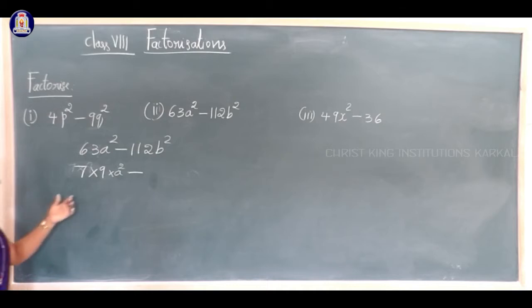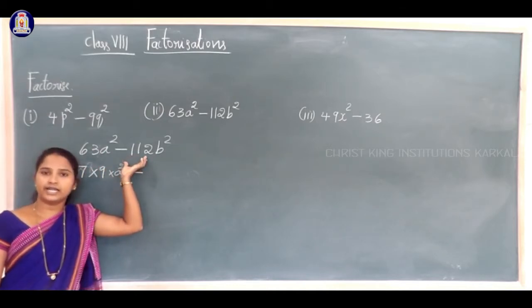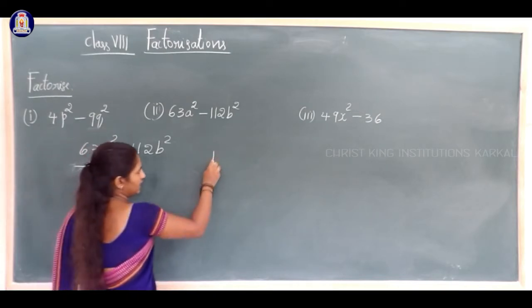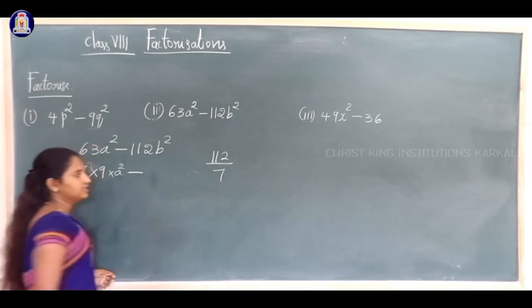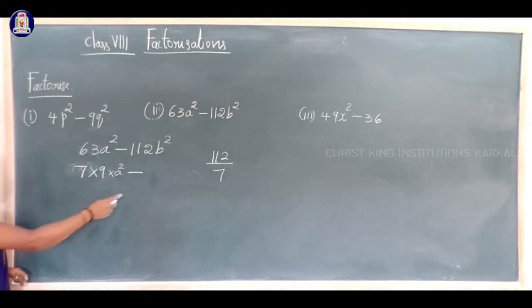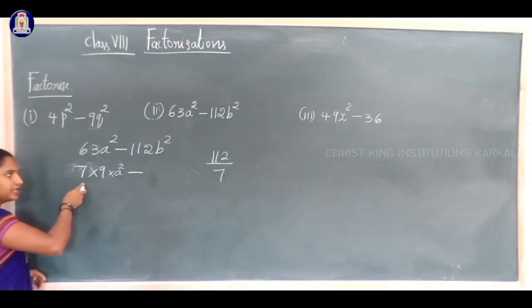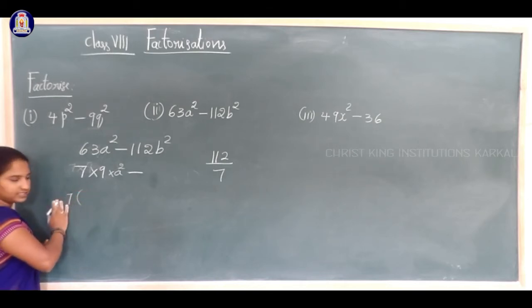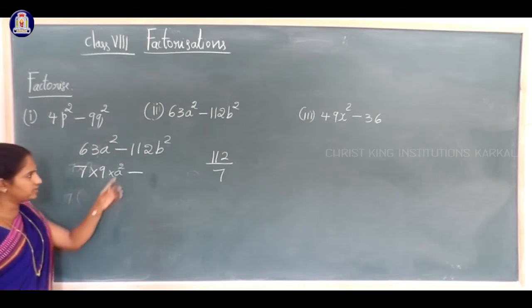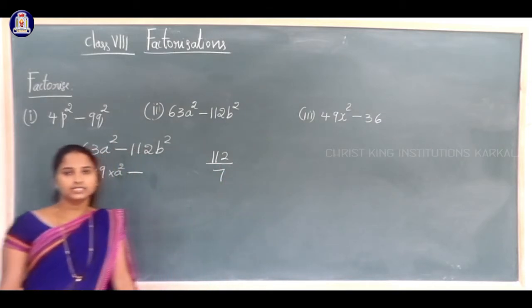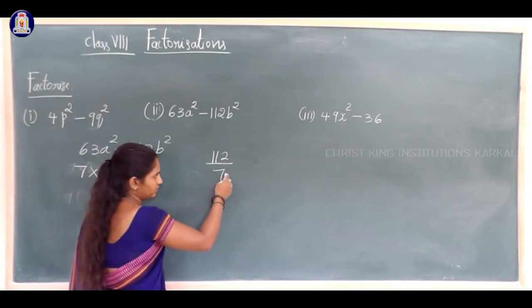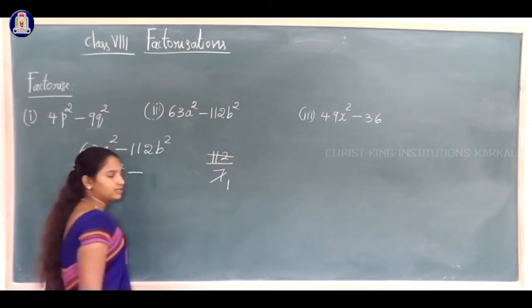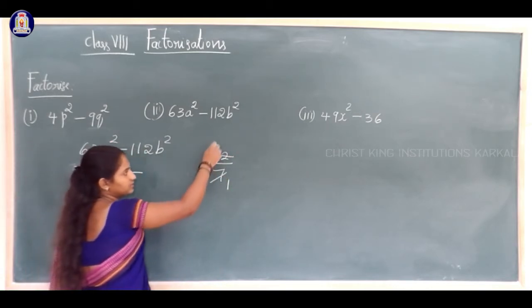Now the question is whether 7 divides 112 or 9 divides 112. We'll see whether 112 is divisible by 7 or not. If it is divisible by 7, then we can take 7 as a common factor outside, isn't it? So first you have to check whether 112 is divisible by 7. So 7 divides, isn't it? We'll see 7 how much is 112? 7 ones are 7. 7 how much is 11? 7 ones are 7.